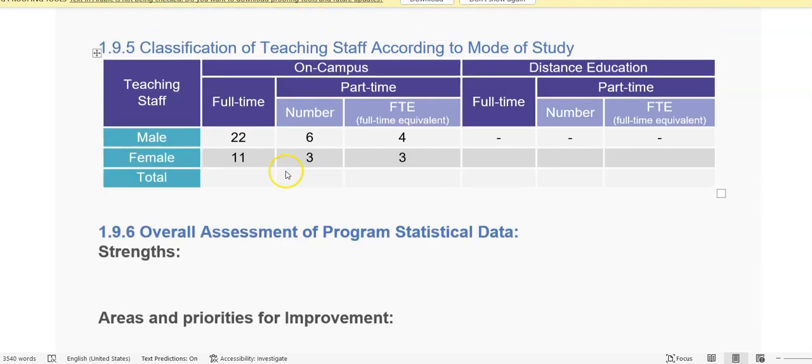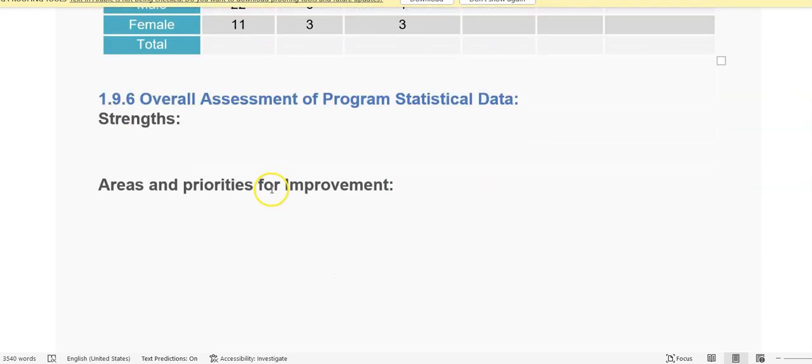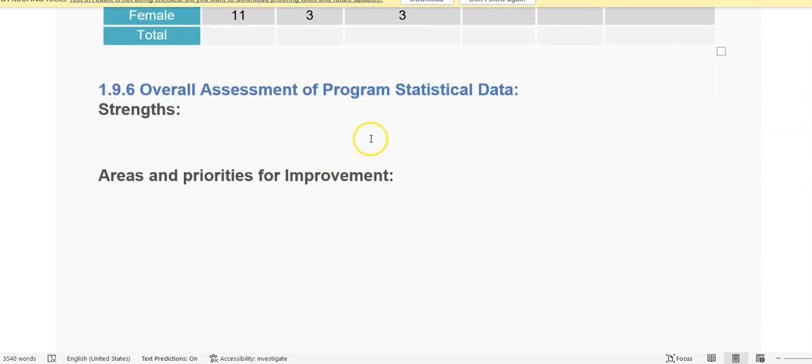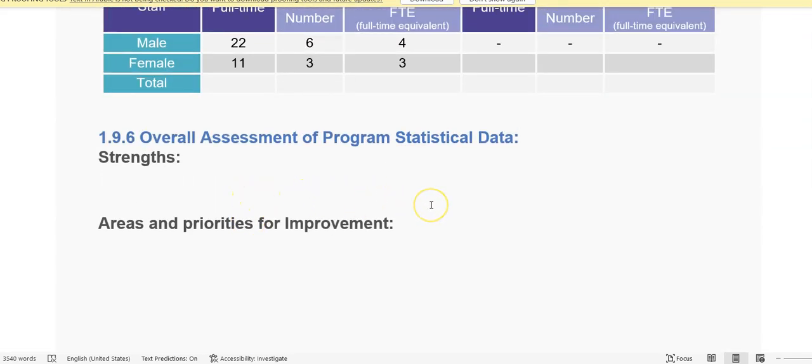Now, we finished the classification of teaching staff according to mode of study. Now, overall assessment of program statistical data. You have to write here strengths, areas, and priorities of improvement. The strengths of the program of this statistical data, you can talk about the strength related to, for example,